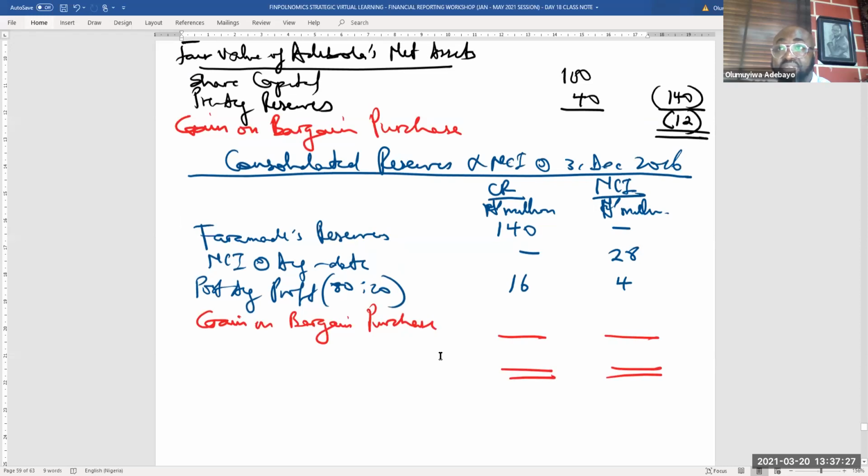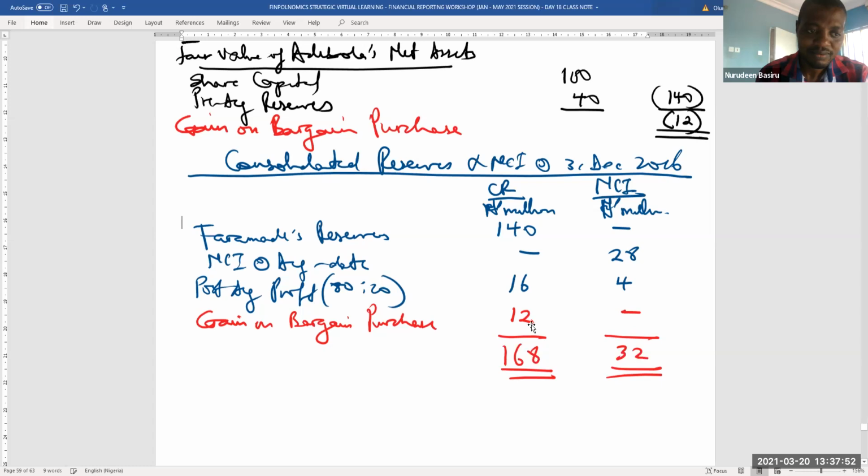Okay, how do you treat it first? I'll just put it under consolidated reserve. That means you treat it as a gain attributable solely to the parents. Yes. Without any contribution to the NCI. Exactly. Okay. That is a professional way of expressing it. Thank you. Therefore,